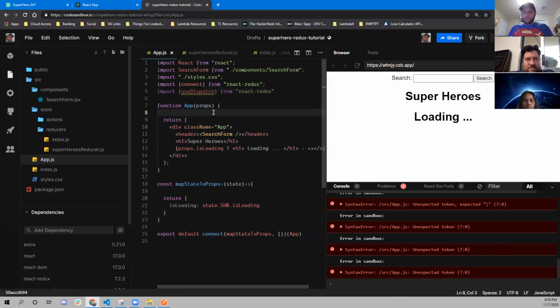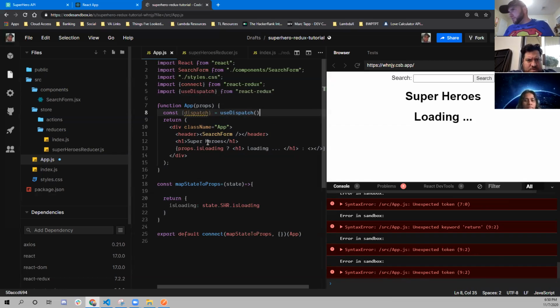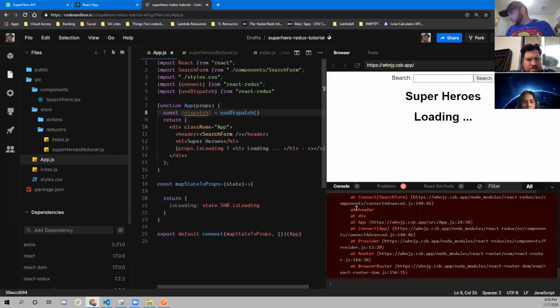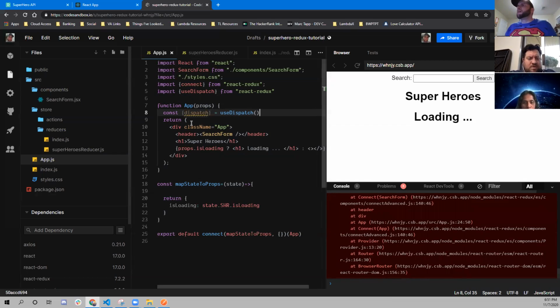And then just like whenever you were doing routing, right? How you had your use, what was it? useHistory, right? It's the same thing you do here. So const, I'm just going to call this dispatch, is going to be useDispatch. I think I spelled that right. That hopefully will work. Yeah, we'll find out. All right. So then